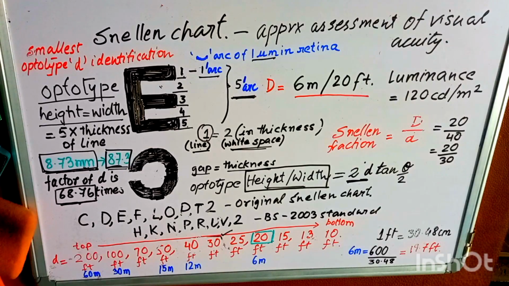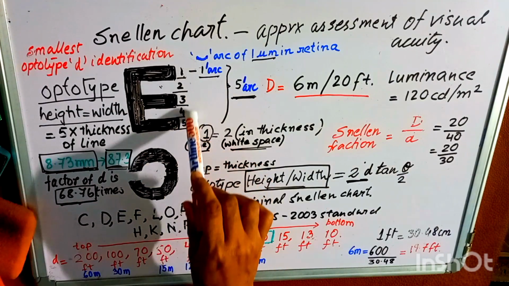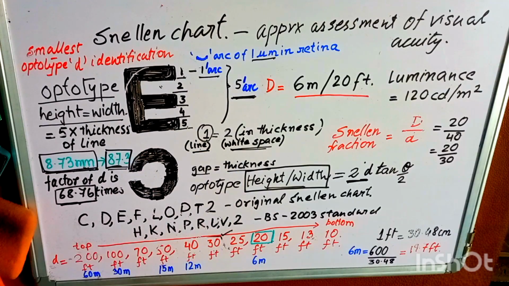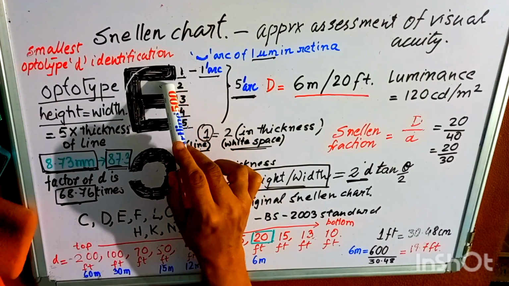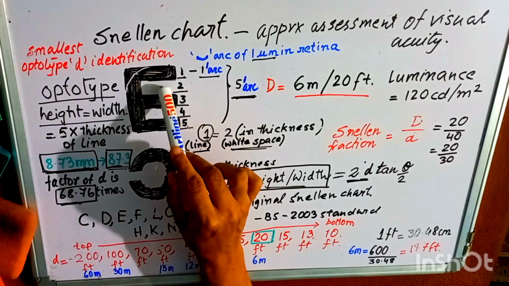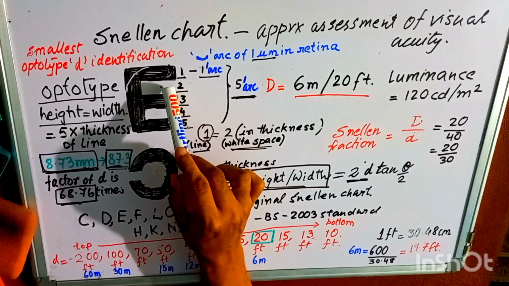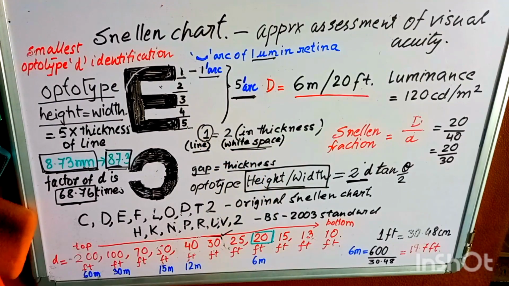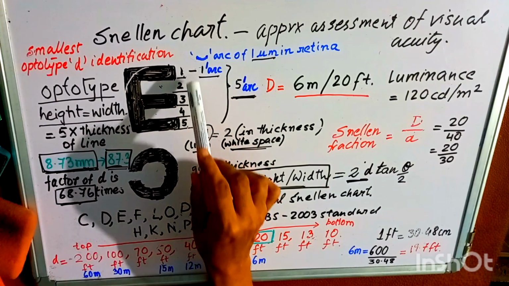Now I'll quickly revise the whole thing, and I'll go into details of the optotypes and the character of the optotypes. So if this is an optotype and it subtends an angle of 5 arc minutes, it has 5 components, 1, 2, 3, 4, 5. The darker portions are the lines, and then the gaps. The gap width is equal to the line width. So if the gap width is equal to the line width, there are 5 equal